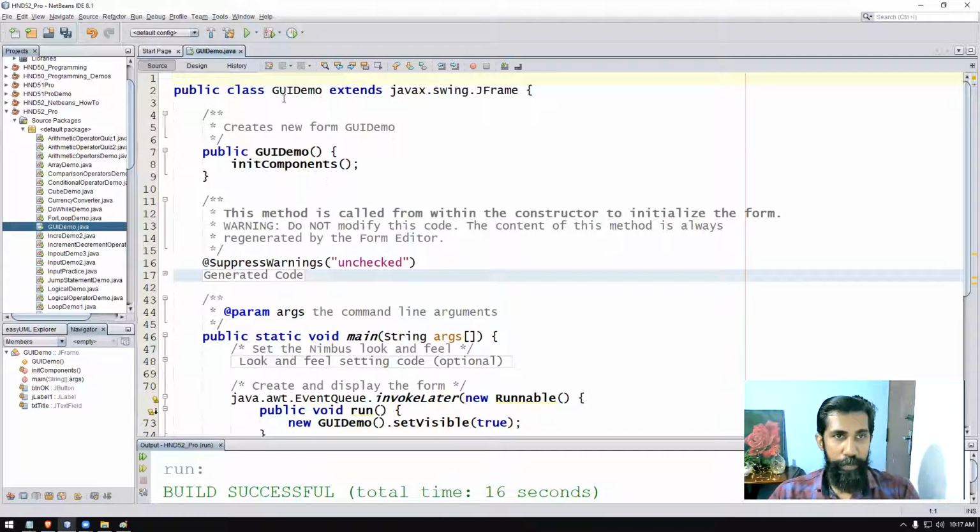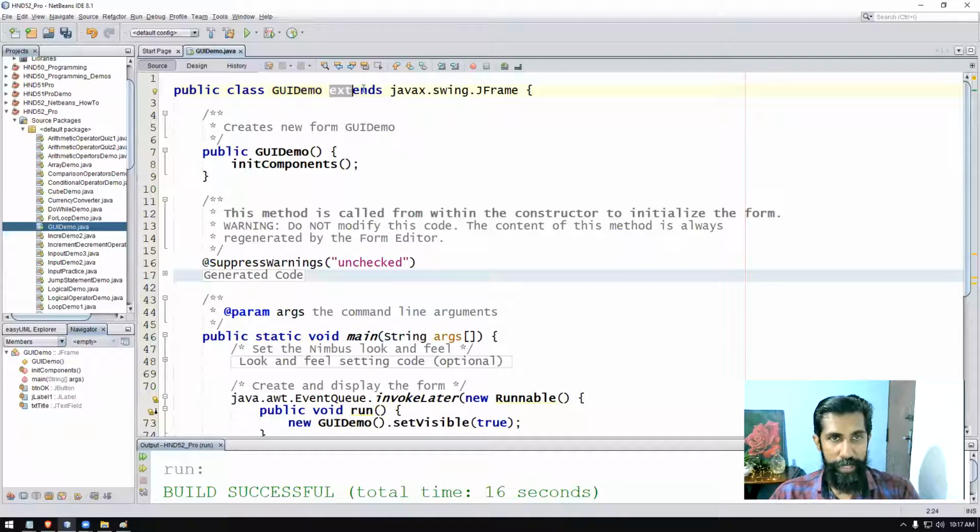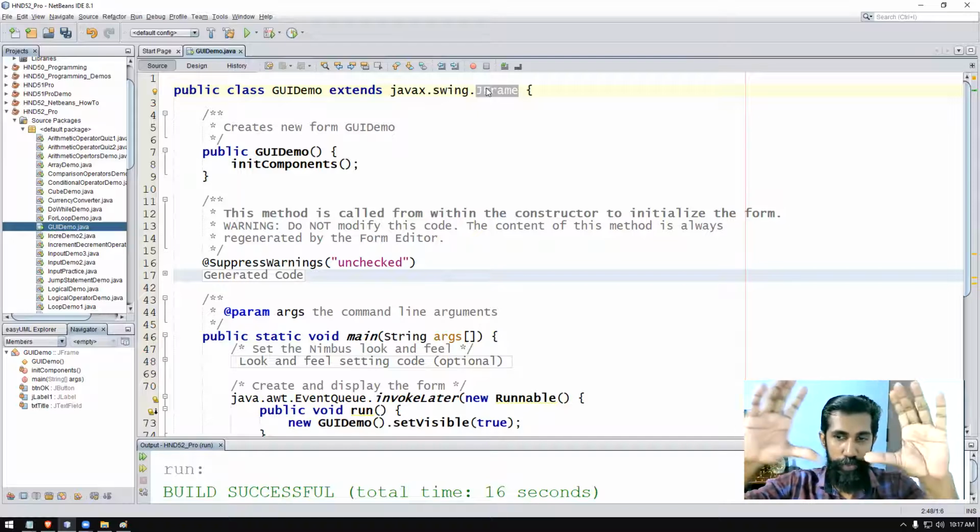Actually, the name of the program I gave is GUI demo, and there is a command called extends, and the program we chose is here, which is JFrame. Actually, children, we are doing subclassing here. That means from an existing program called JFrame, we are creating a program called GUI demo, which is an already built program with the icon and the minimizing, maximizing, closing. By clicking the close button, it automatically works. We didn't code that one. All those features come with that.